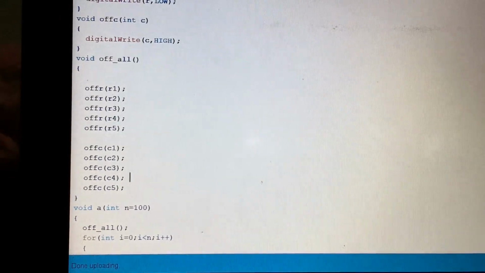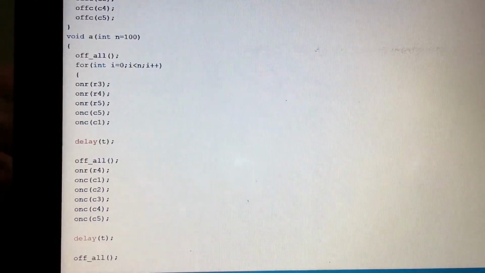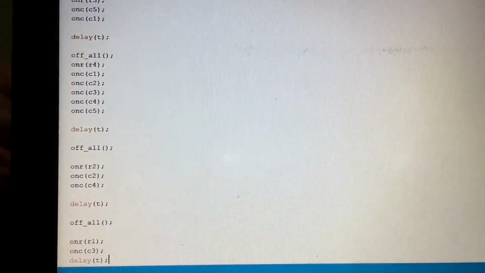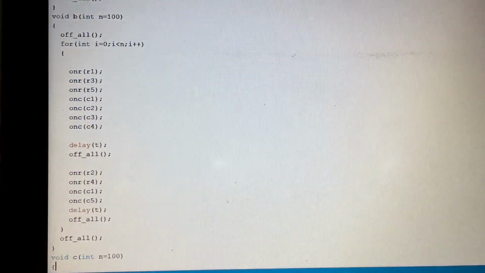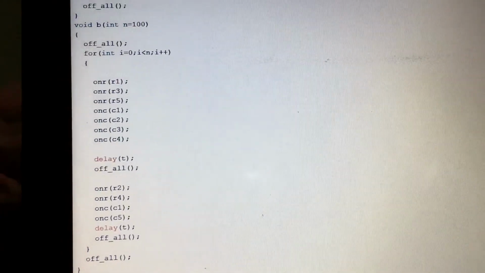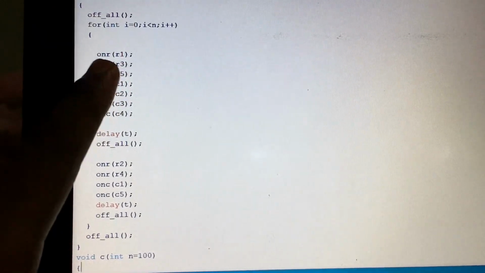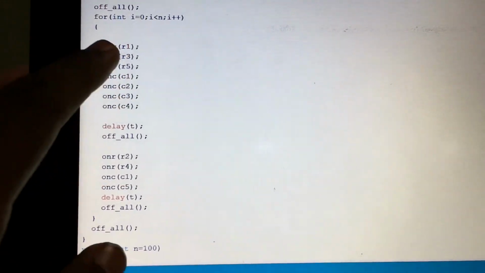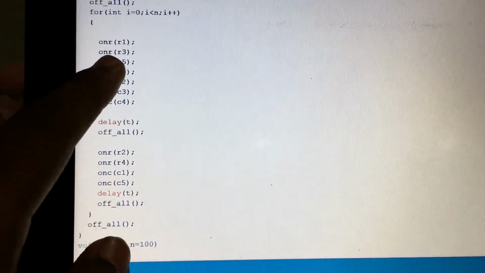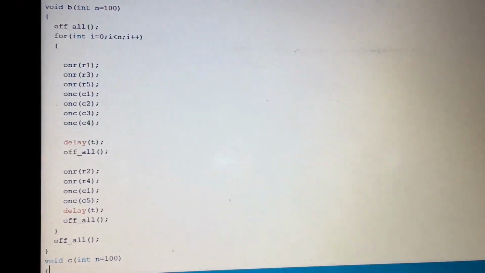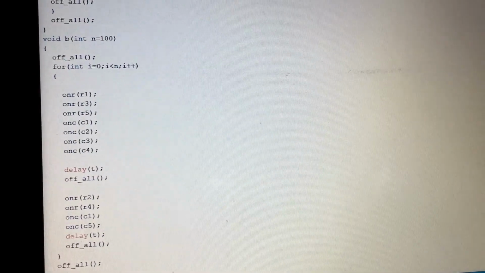Okay guys, then here I have written a program function for A, which is a little big. Let's go to some smaller one. Okay, here B is a bit smaller. Let's see what we are doing here. Here we are turning on the row R1, here turning on the row R3, here turning on the row R5, because in B, if you see, it will be like, wait a minute,